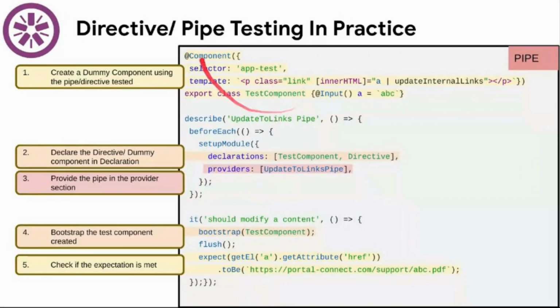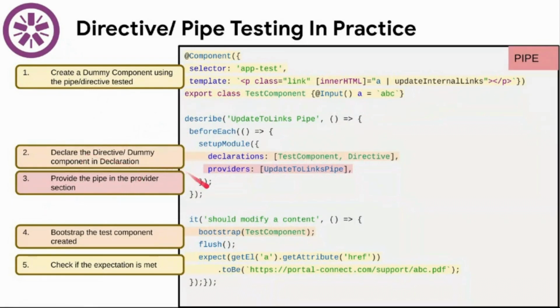So if we want to modify multiple inputs, we can just put @Input() ABC. If we want to test with our own something later on, we can directly put like input A equals to ABC. Okay, then this dummy component is created first. Inside the template we are going to use whatever we need. So here there is something, the update internal link pipe, so you are going to check this update internal link pipe. Okay, so directly you can put innerHTML anywhere inside this template.